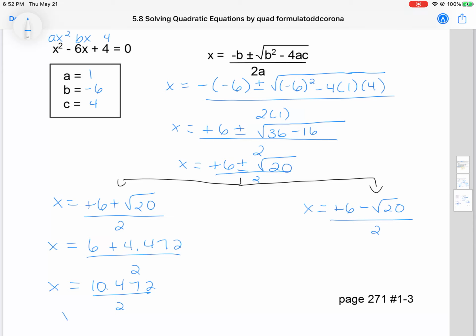So 4.472 over 2. Okay, so this time we get 2 positive roots. For today's homework, you're just practicing getting used to using the formula. And then tomorrow we'll